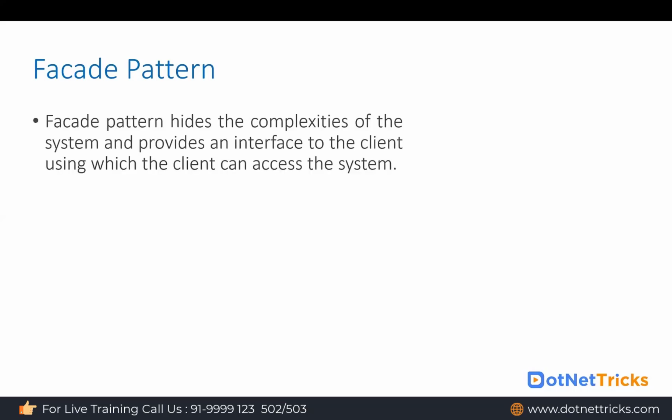The next pattern is a facade. The facade pattern hides the complexity of the system and provides an interface to the client using which the client can access the system. So the ultimate goal of the facade pattern is here. Whatever complexity we have inside the system, we hide from the client, and we provide a facade object through which the client will